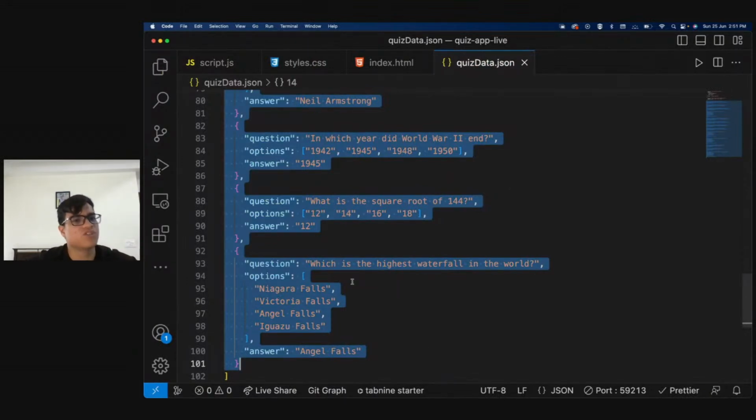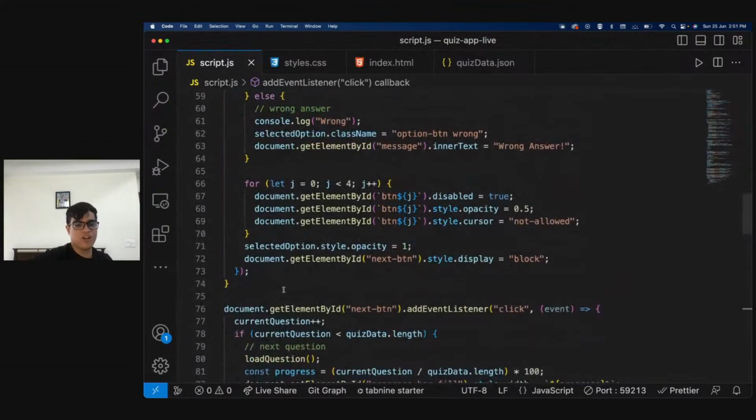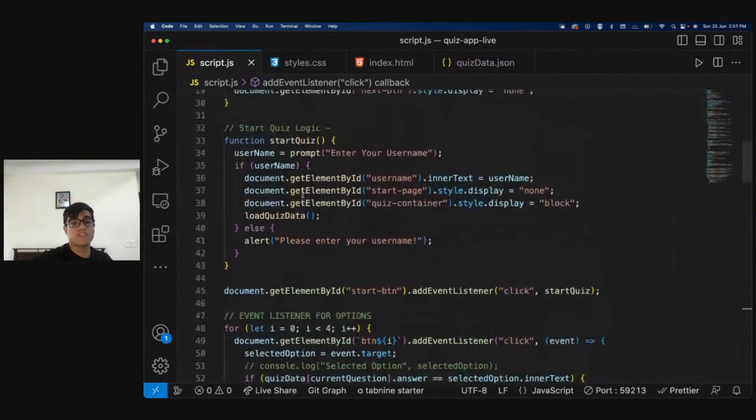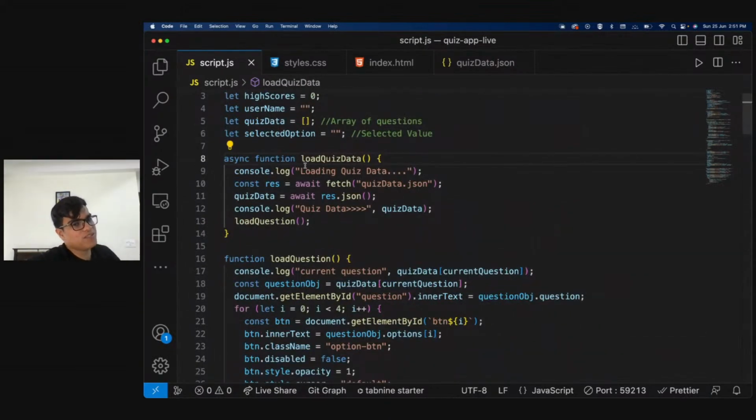You guys can randomize. So one of you guys said, how do we randomize questions? You remember when we are loading our quiz data, sorry, when we start our quiz and we load quiz data, what you can do is, once you have loaded it, you can randomize this. So yes, Aman asked that question. Aman, you can randomize this array, and that way your quiz data will always be random. What you can also do is have an array of, let's say, 20, 30 quiz questions, and just pick 15 out of those and then randomize those, right? Or just pick 15 out of 30 questions, correct?